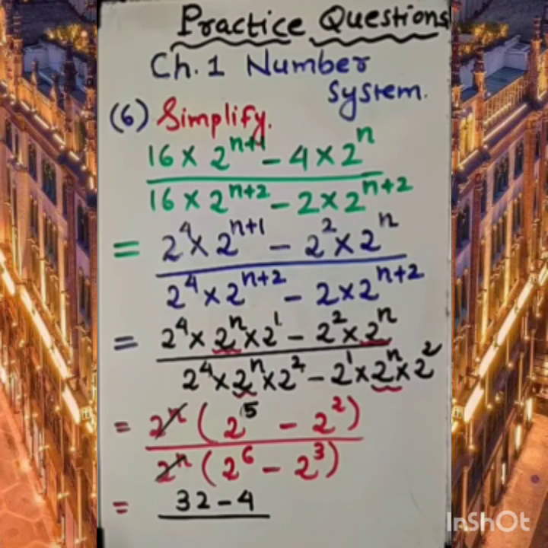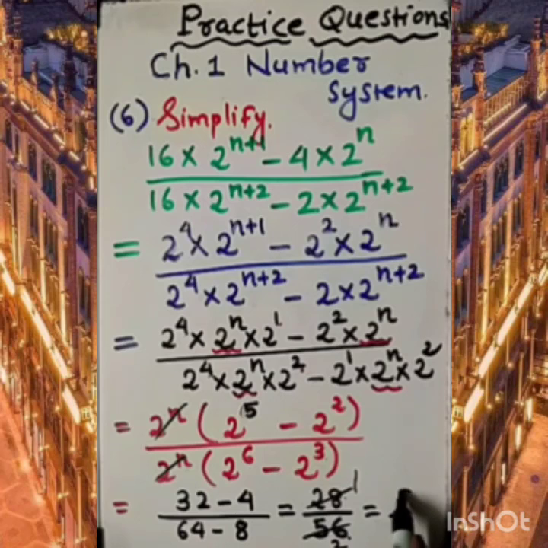Into 2, 6 times 2, so it gives the result 64. 2 cube is 2 into 2 into 2, that is 8. 32 minus 4 is 28. Of course, 64 minus 8 gives the result 56. Now we know that 28 is in 56. So this is 1, this is 2. So common factor is 28. The answer is